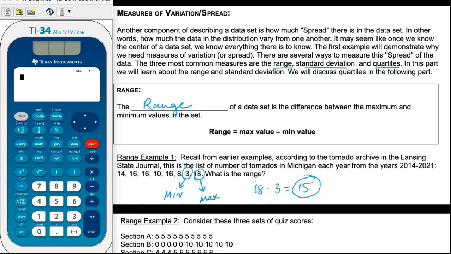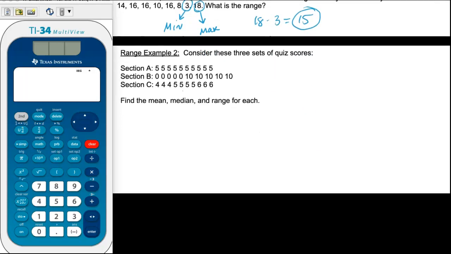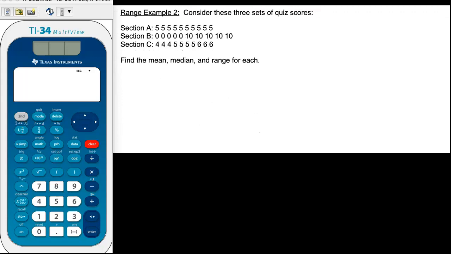Okay, so let's look at this next example. This is one of my favorites because we can really see how range can be helpful in describing a data set. We're going to look at all of these sections, consider these class sections, so different classes, and these are all the quiz scores for those classes. So we're going to find the mean, median, and range for each. So for section A,